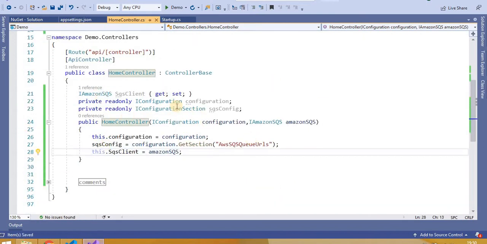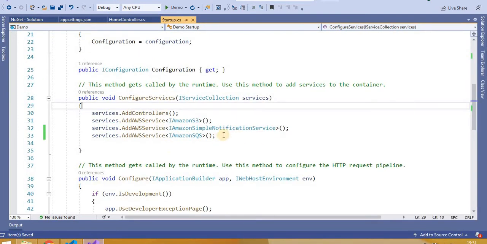That's all. Now what's going on here? We have one variable named SQSClient, and we are getting the IAmazonSQS client object here. Let's use the same name here for better understanding. At runtime our .NET Core framework will inject the dependency, because we have added this line here.